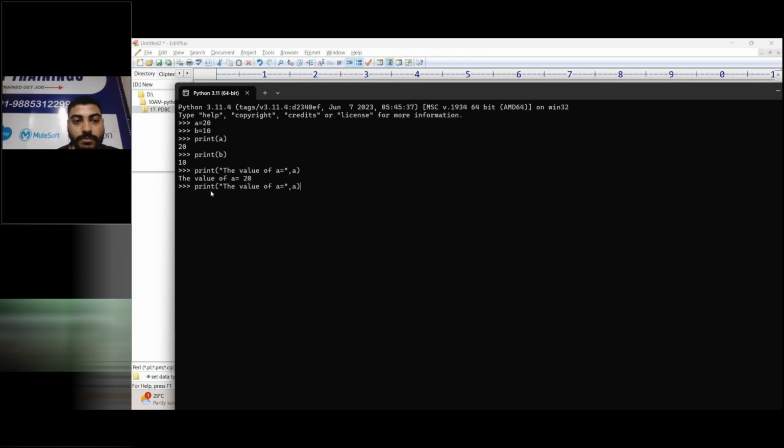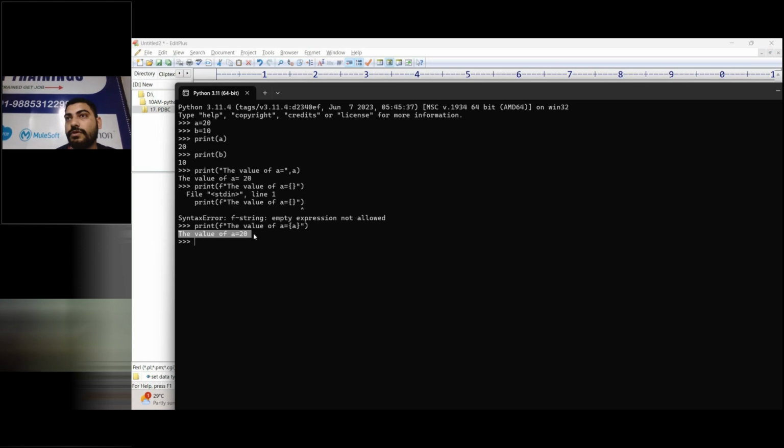There is also one more trick to do this with the help of the f-string, which is formatting. Now check what we are getting: the value of a is 20. Within the curly braces, whatever variable we write, it is going to give the value as it is.